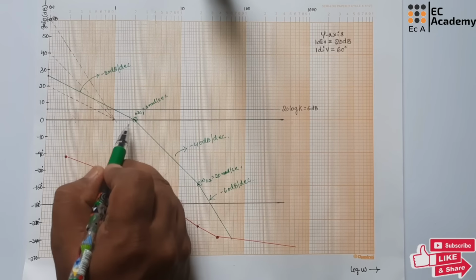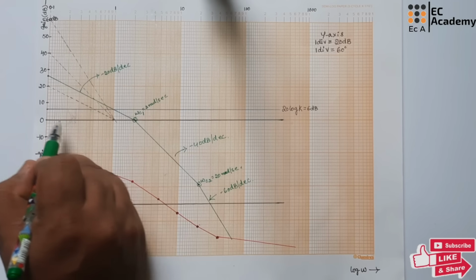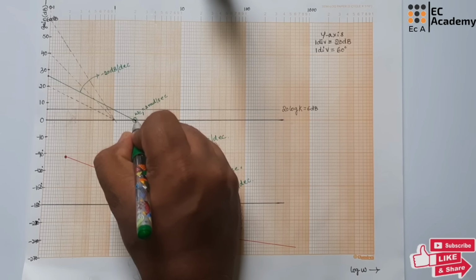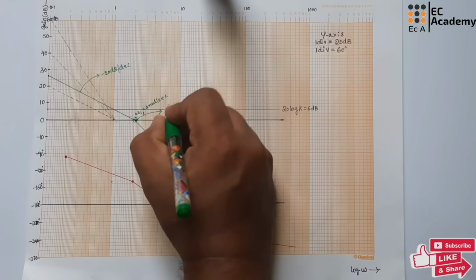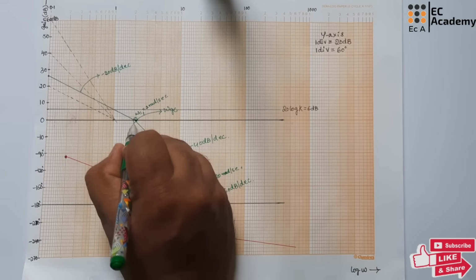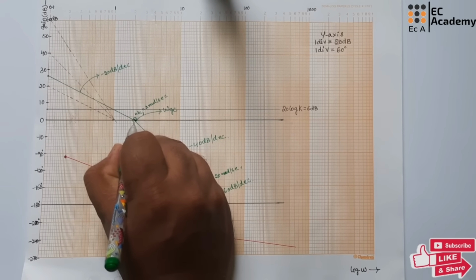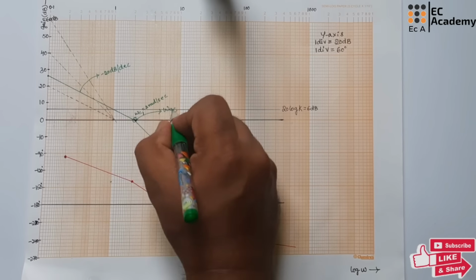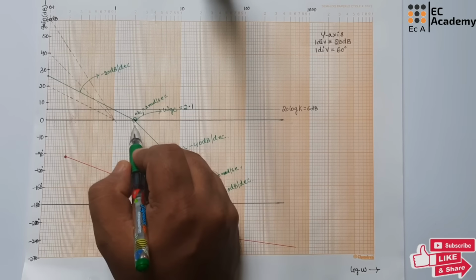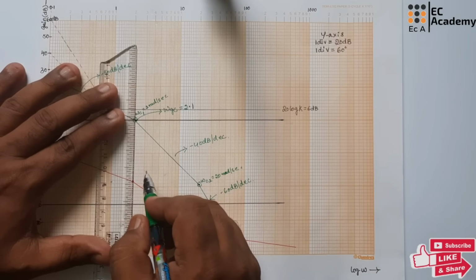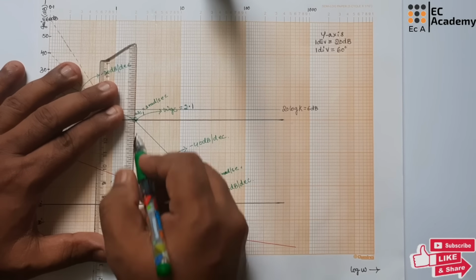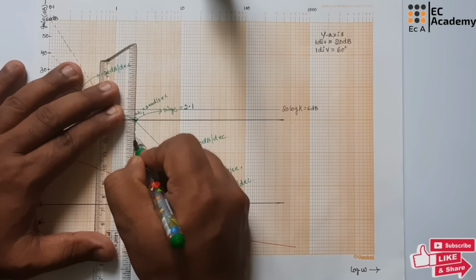The magnitude plot will intersect the reference line 0 dB at a point. So we call that point as gain crossover frequency, which is around 2.1. So we got from this graph that value as 2.1. So from this gain crossover frequency, we need to draw the straight line. So around 2.1 we need to draw the straight line. So let us draw the straight line.